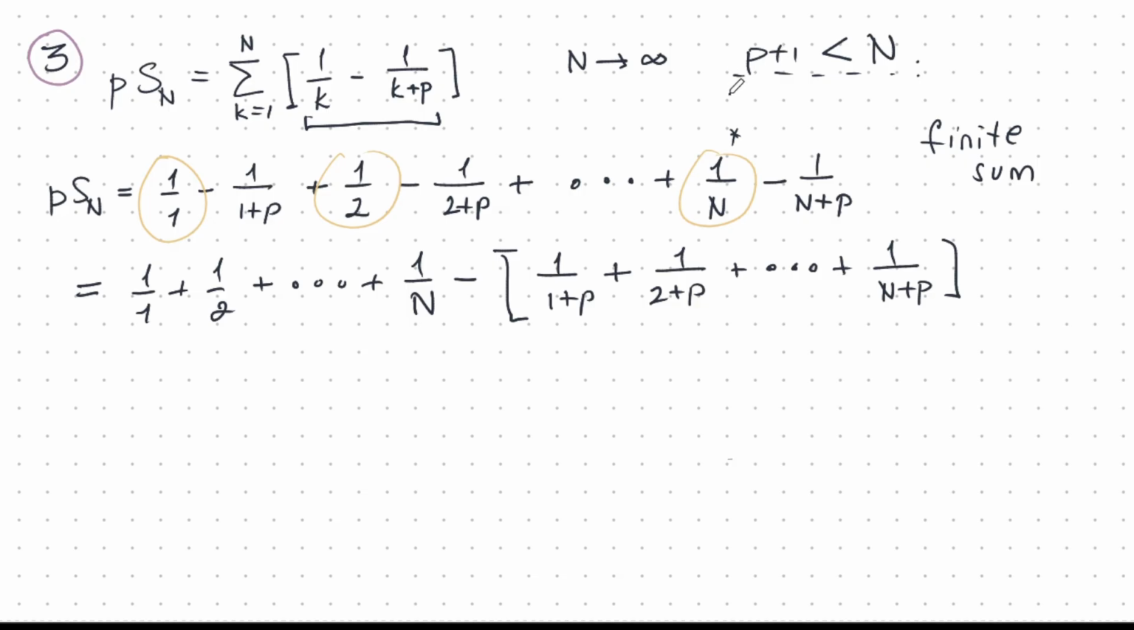Now let's use this here. p plus 1 is less than n. This means that p and p plus 1 are somewhere in here. The pth and p plus 1th terms are in here somewhere, so I have 1 over p and 1 over p plus 1 terms in here. And likewise here, n is greater than p plus 1. So in here, I can put a 1 over n term and a 1 over